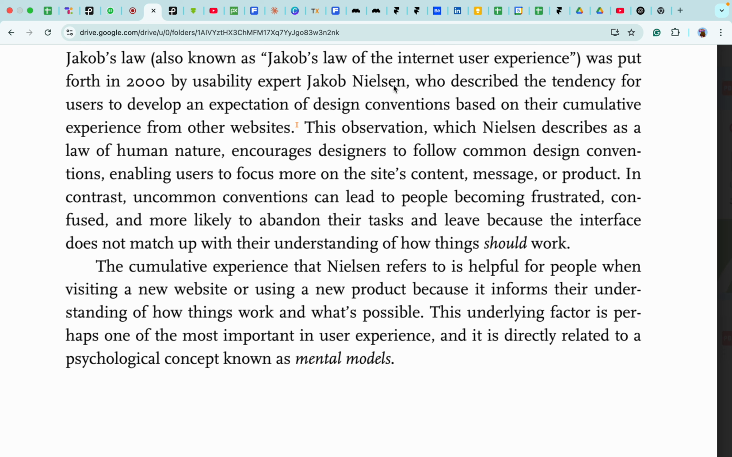In that, he has described the tendency for users to develop an expectation of design conventions based on cumulative experience from other websites. What he's trying to describe is that people will have a set of expectations based on the design conventions they have already used, from previous experiences using certain applications. So they'll have certain expectations that we need to meet to bring in user satisfaction. This observation, which Nielsen describes as laws of human nature,